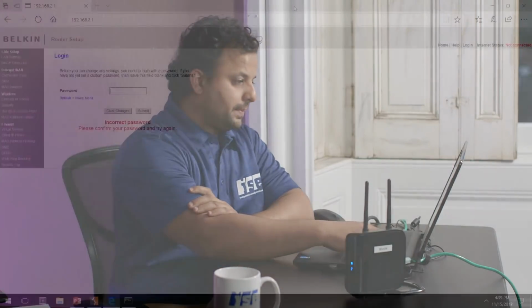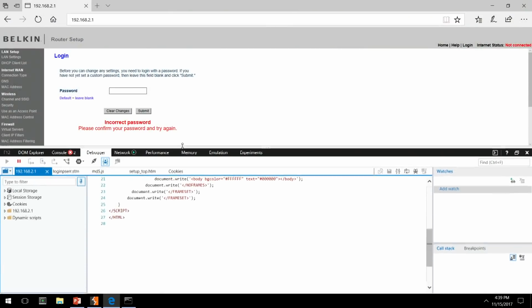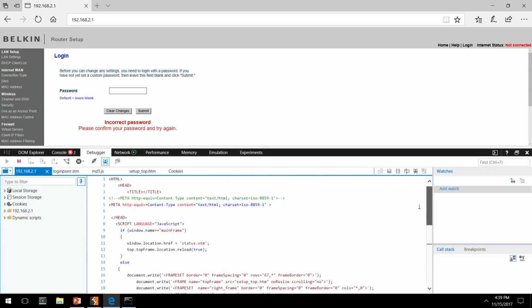So how do you go ahead and look at the code? You look at the JavaScript code, or you start poking around. The first thing you can do is open up your web browser debugger or console. Most of them can be activated by pressing the F12 key on the browser. Once we do that, we have a debugger, a console, and other handy tools here. What we will do is look at the files, and it brings us to a file right here called